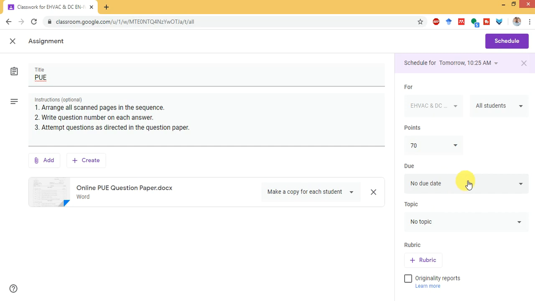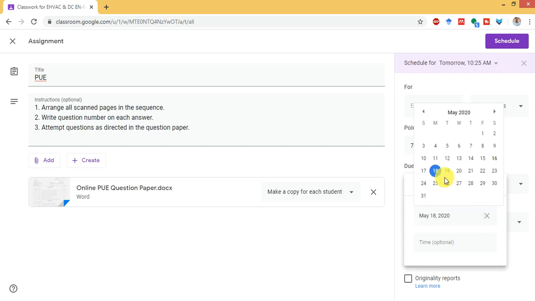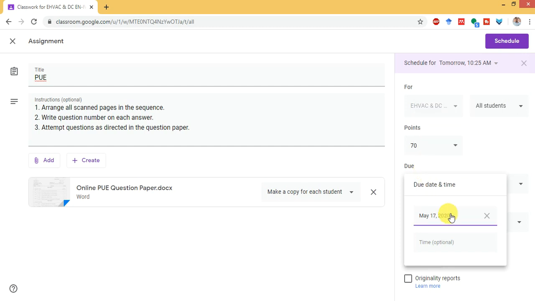Now its due date. We have given half an hour for the scanning purpose. So there will be a 2 hour duration for the writing, and half an hour for scanning the file and uploading in the Google Classroom. You can vary that time as per your own choice.